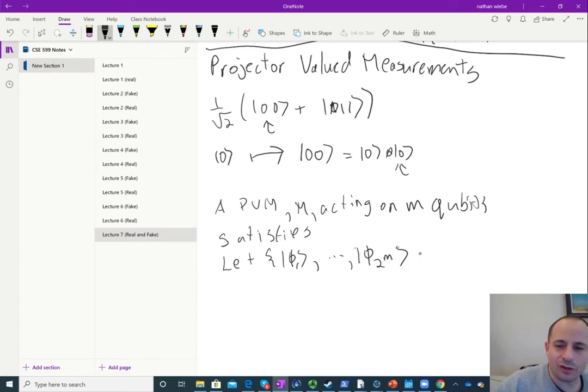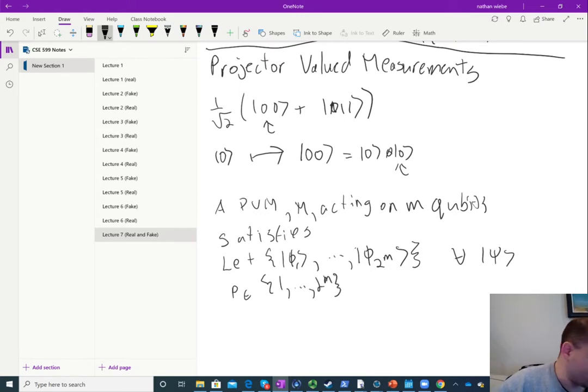Think computational basis states, but in general these could be anything we want. Then for all psi and p from 1 through 2 to the m, actually, you know what, let's start from 0 to 2 to the m minus 1. Be good computer scientists for once. And then the PVM M